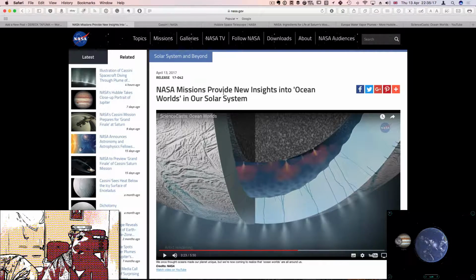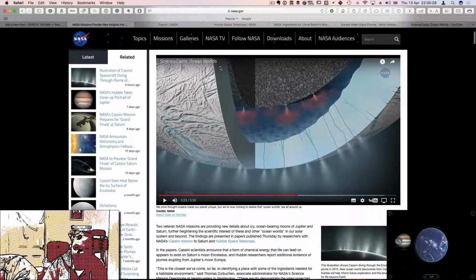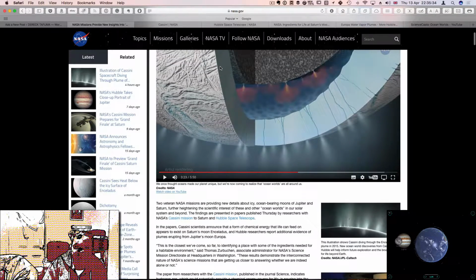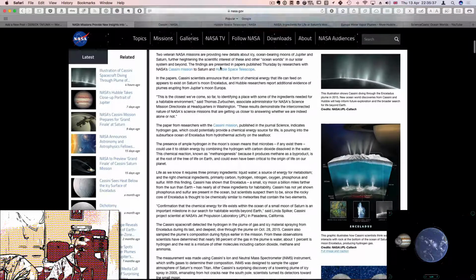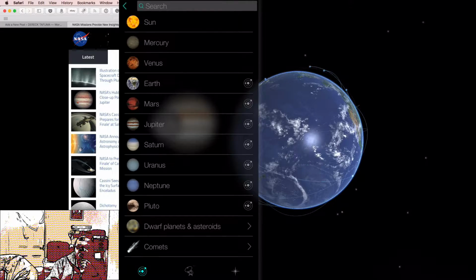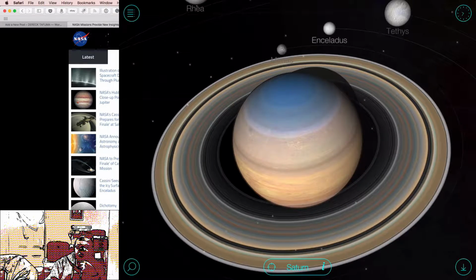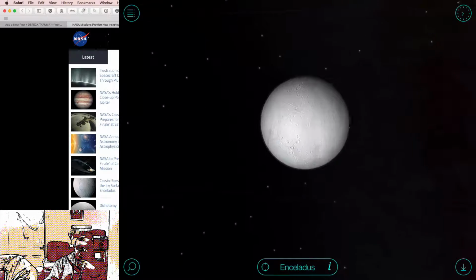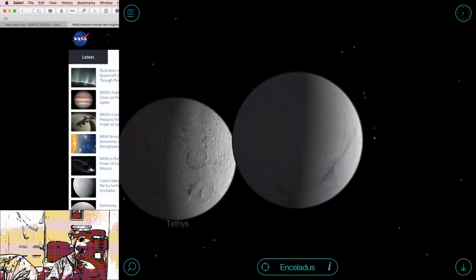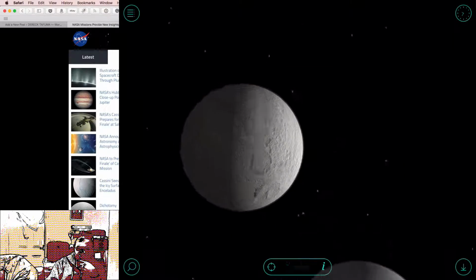Okay, so today's announcement was concerning NASA's Cassini mission to Saturn, and specifically to one of the moons of Saturn, which is called Enceladus. I'm just going to show it here. When I search for Saturn, you will find that Saturn has this moon, and the name of this moon is Enceladus. But it also has other moons like this one,